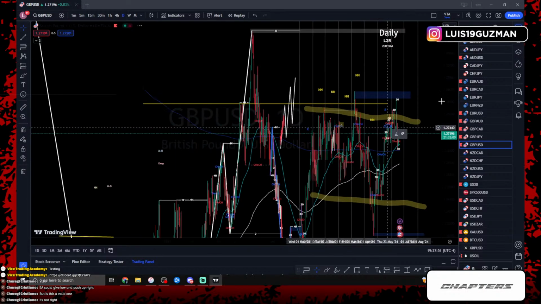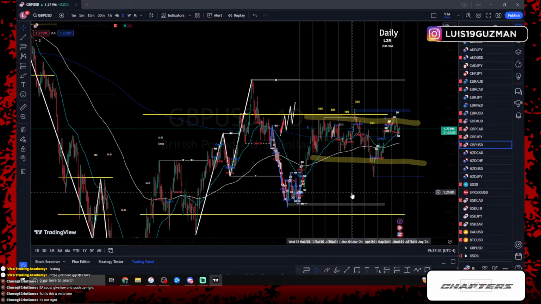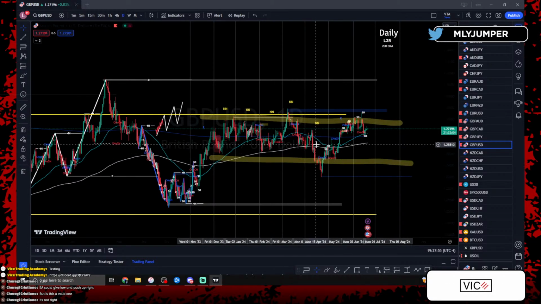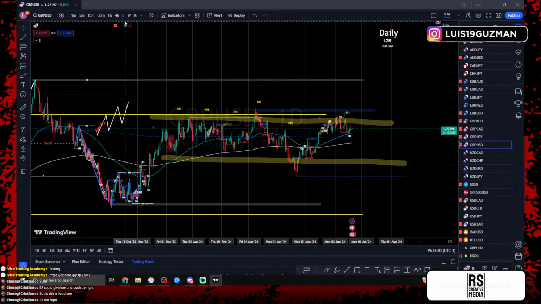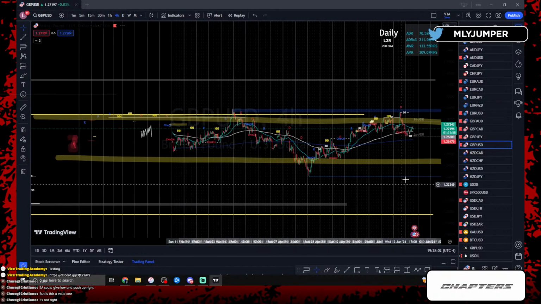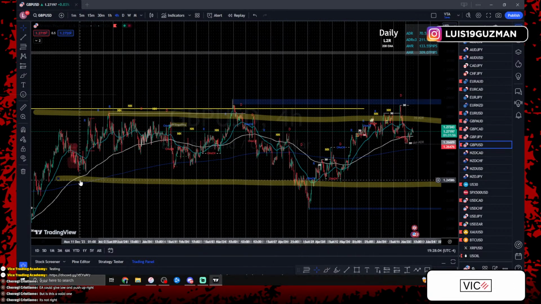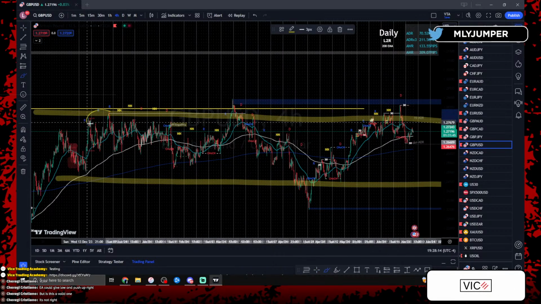GU daily time frame, we're in V1, we're in the first zone consolidation and an uptrend. Again, this is another pair that we are consolidating at the top of the zone. Lower time frame, we're also just moving sideways. We've been moving sideways since December of 2023, so we've been 6 months just trapping traders, making them believe that these were going to be break of the highs to continue the higher highs and higher lows. And what did price do?